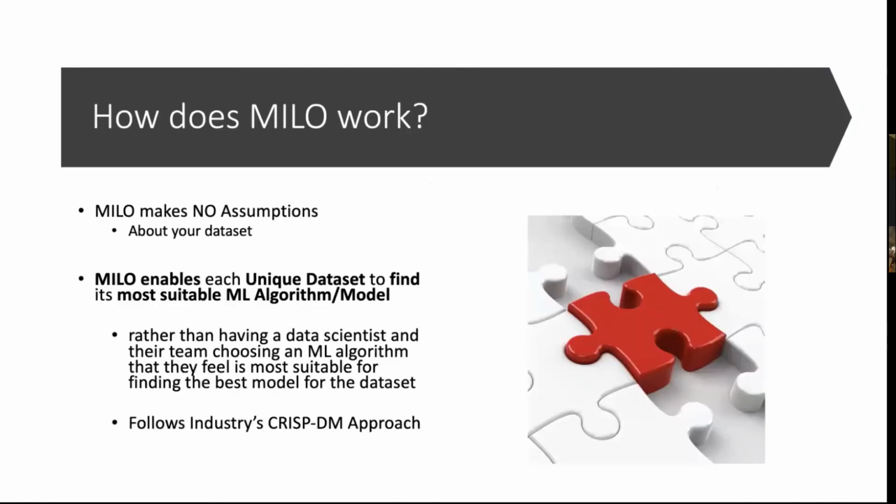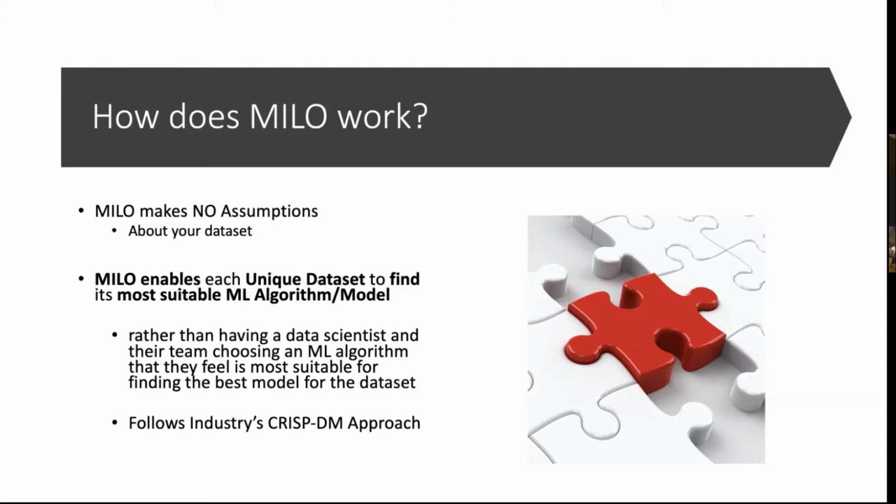Ultimately, this is how MILO works. So if you came up to me, I've been doing machine learning for a couple of decades, and so obviously I'm going to have my own biases. So if you came up to me with your data set and you said, "Here's my data set. What do you think, Hooman? What should I do?" I would have my own biases. I may say, "Oh, the best thing for your data set is a neural network." If you go to another machine learning expert in Minnesota, they may say, "Oh no, the best thing for you would be a random forest," and another person in another center may say, "No, we should do a parametric approach and do logistic regression." And so who knows who's right?